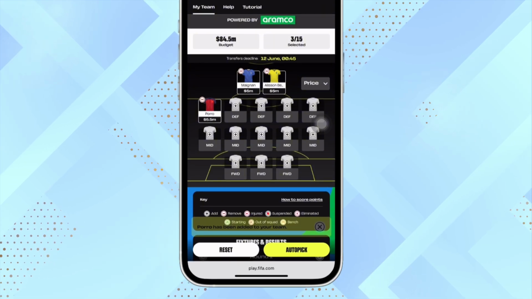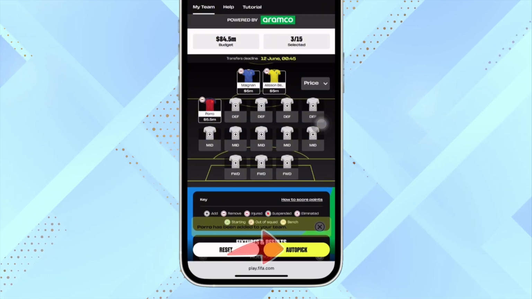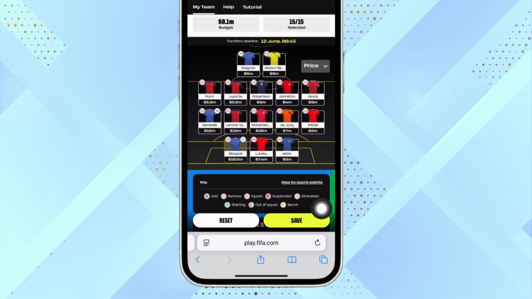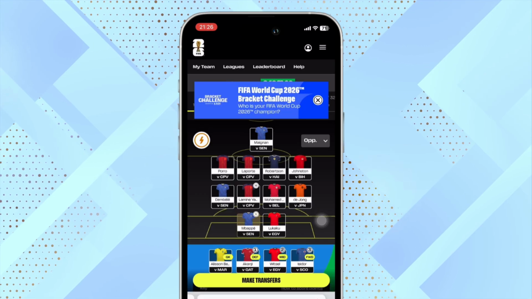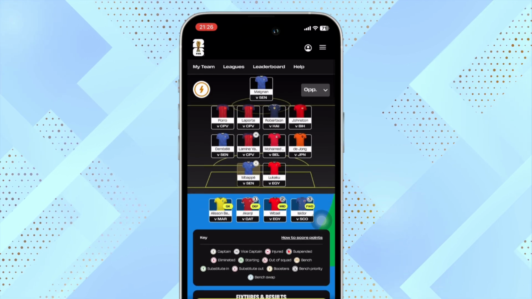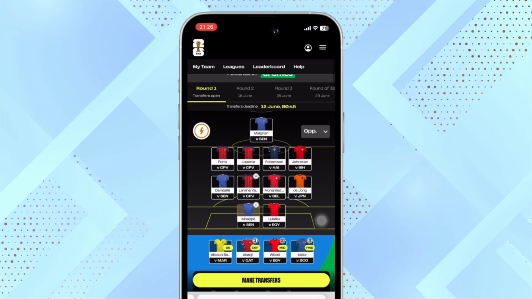If you're confused, you can also click on Auto Pick. Once you have selected the team, tap on Save. Now you will need to enter the login credentials of your FIFA account if you have one. Once you have logged into your FIFA account, you will get a $100 million budget to select 15